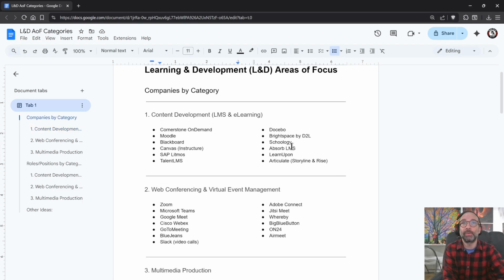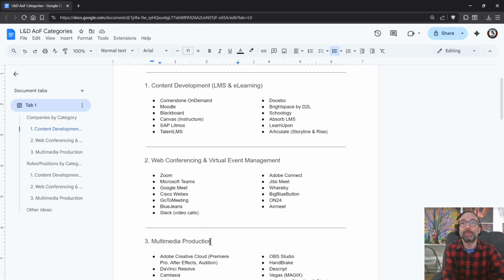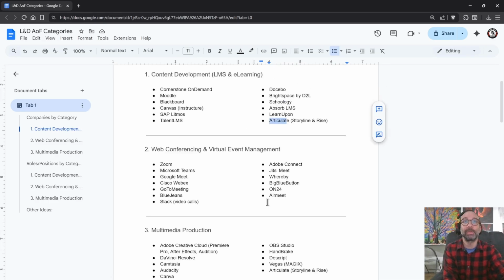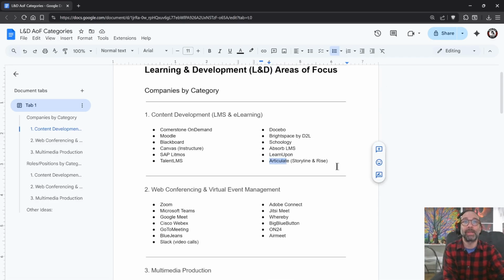Like you could apply for, say, a multimedia production job at Articulate, and the fact that you have these 3 different areas of focus is really appealing to them because you understand their industry across the board. You're in the thick of it, and from different angles, different perspectives, right? Which makes you even more of a valuable asset.